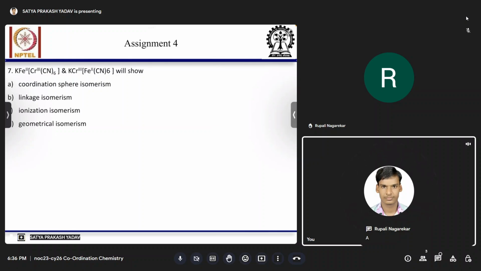Coordination sphere isomerism. Yeah, you are correct because this is the ion from outside and inside the